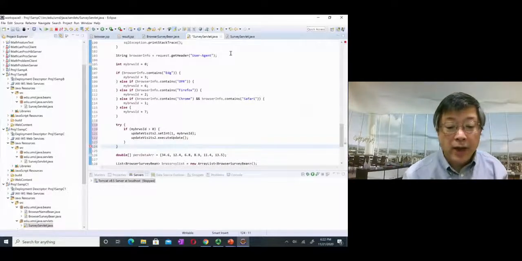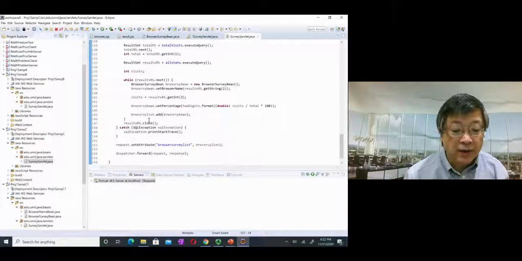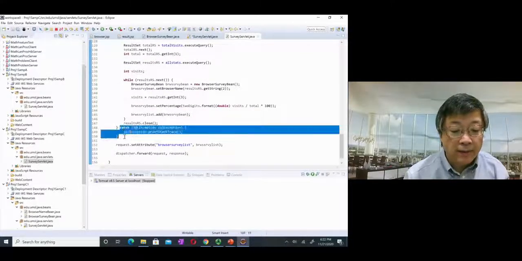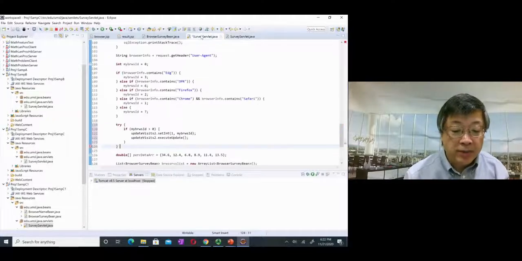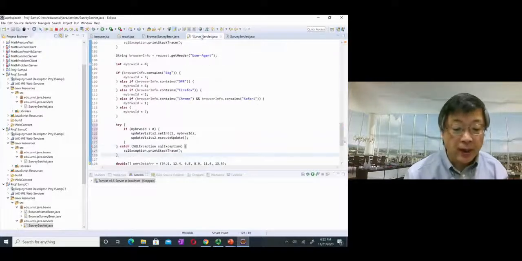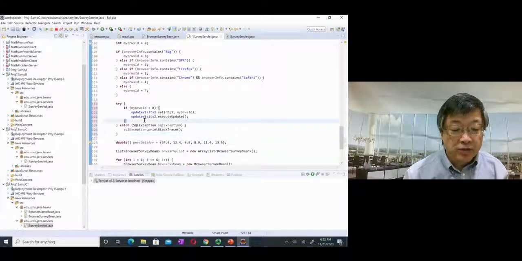I also include the catch block part. Piece by piece. So now the first piece,